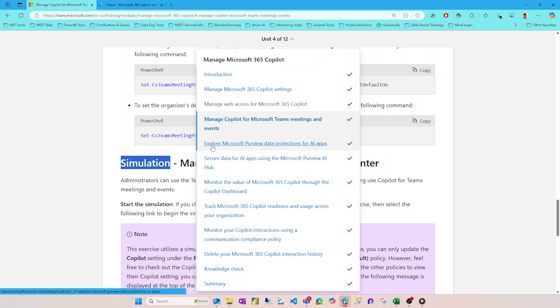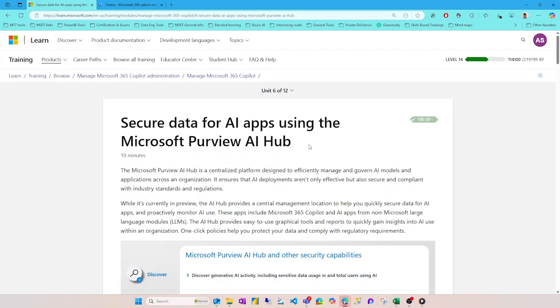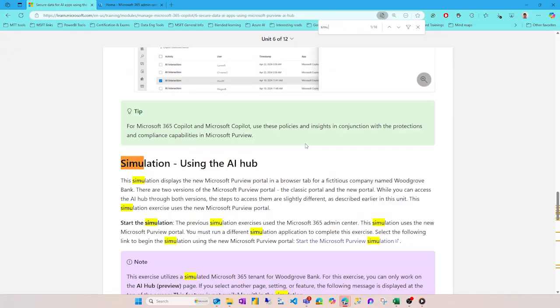The Explore Microsoft Purview data protections for AI apps does not have it, but the secure data for AI apps does have, the Microsoft Purview AI Hub does have it. So you can find that there.